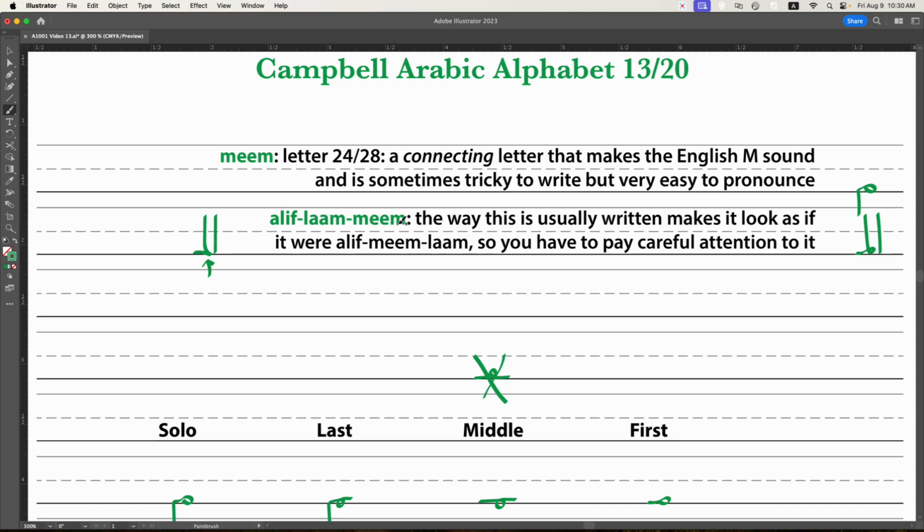Alif, lam, meme is often written as if it looked like alif, meme, lem. Alif-lam-mem. So pay careful attention, forewarned is forearmed, and all that, and you really won't have trouble with it. It's just not usually brought up in a lot of texts about how to learn the alphabet, and I've seen so many students be confused by this over the years, and I myself was confused when I started learning Arabic,